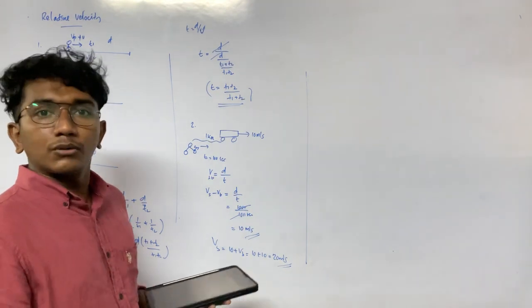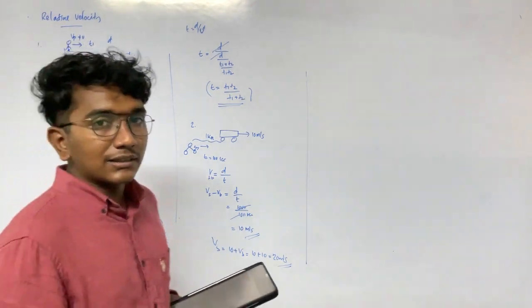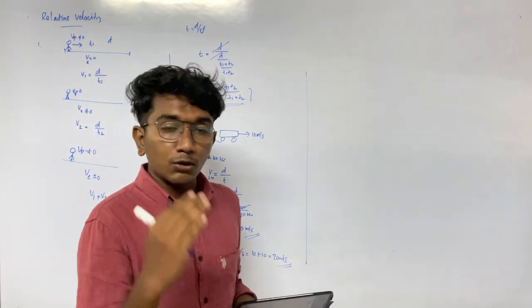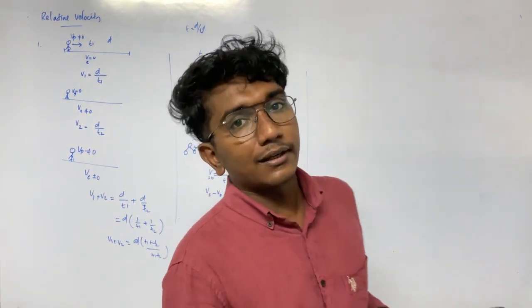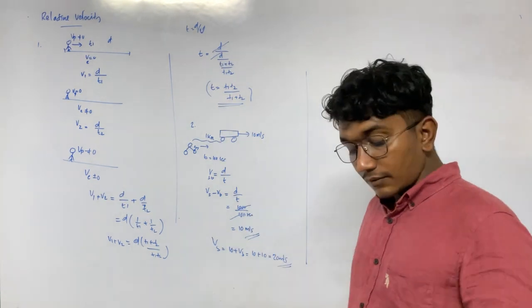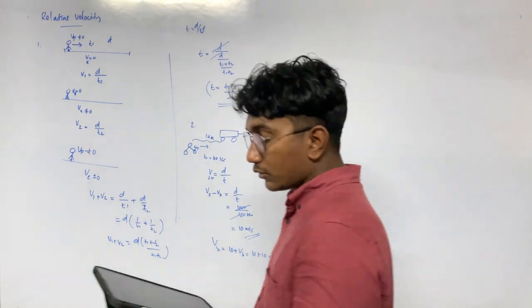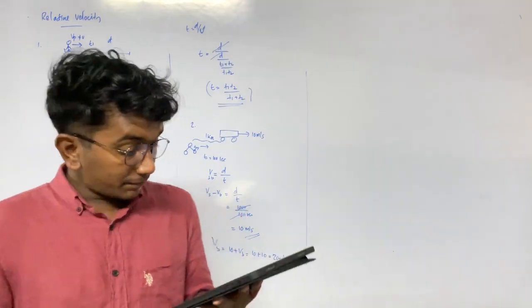V1 minus V2, V2 minus V1. Those things I never discussed, but I will discuss after this video. And just to tell you, those who did not get it, I will explain it again. Alright? So listen. Next, so what is the answer? The answer is equal to 20 meter per second. Next,